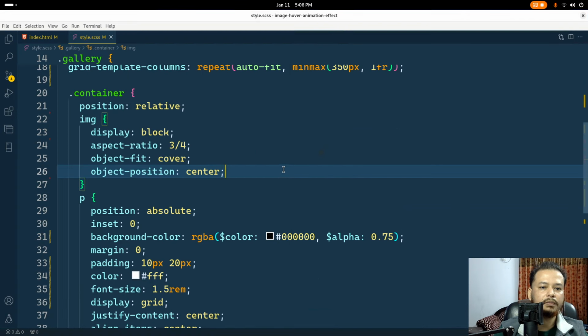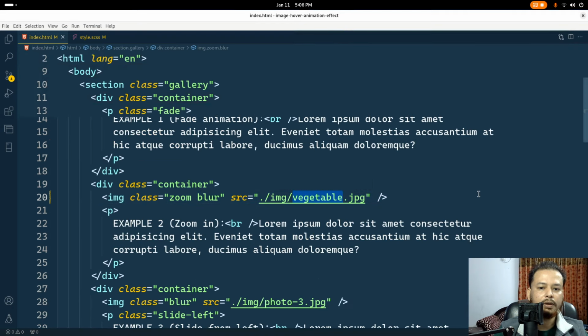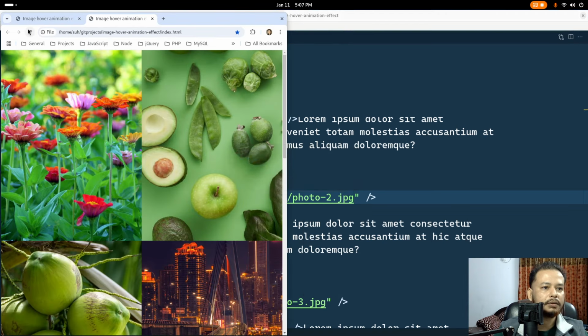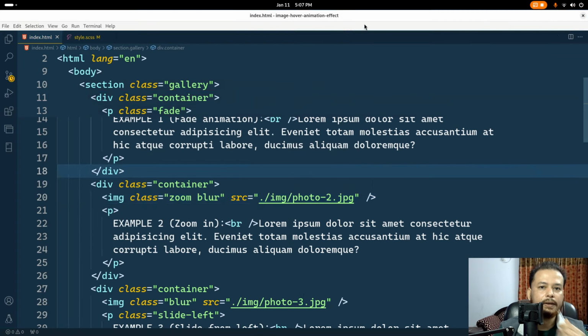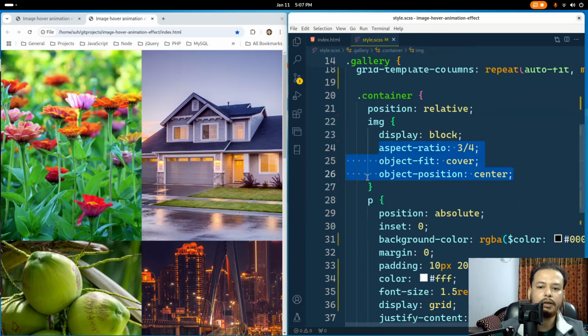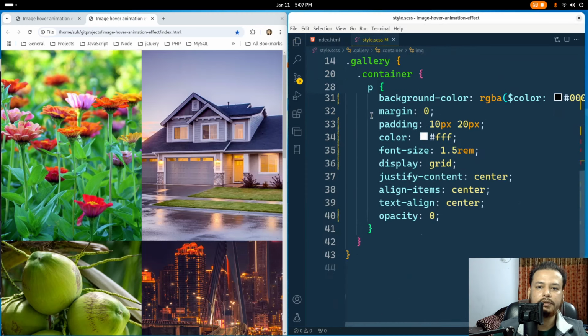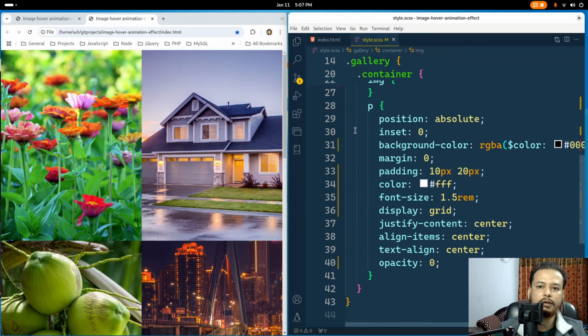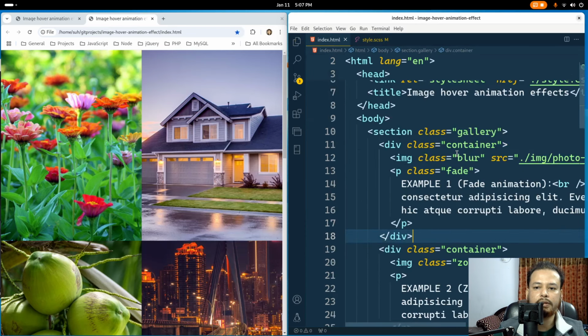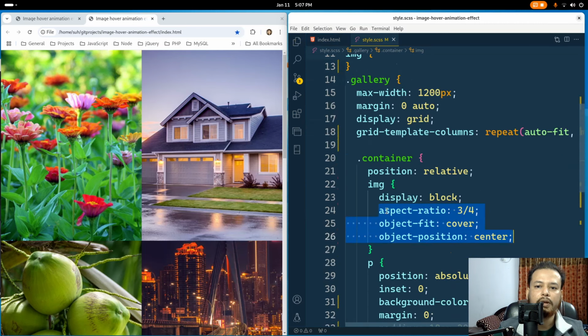I don't need this, but I added these 3 lines so if you have different aspect ratio images, you don't have an issue later on. Anyways, I'm going to change this image once again, and you have CSS for this text, images, and the divs, and now we'll write CSS for this hover animation effect. If anyone hovers on the container, then we'll fire this hover animation effect. So here is my container div,